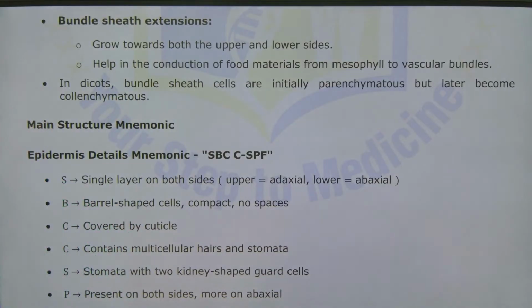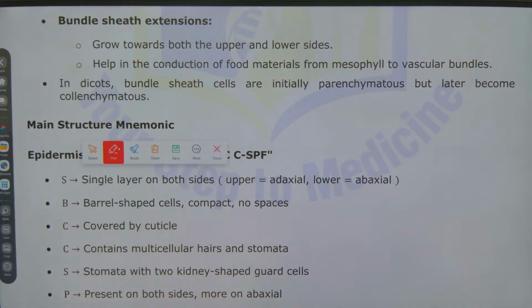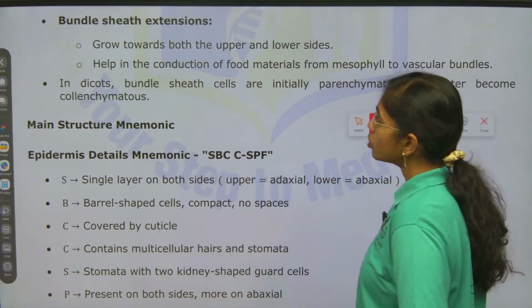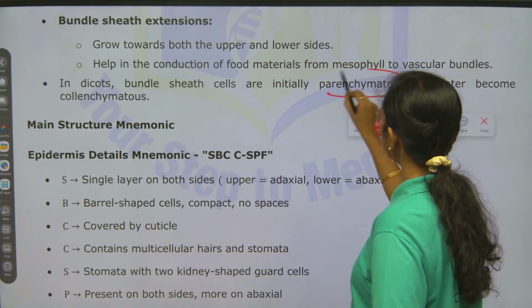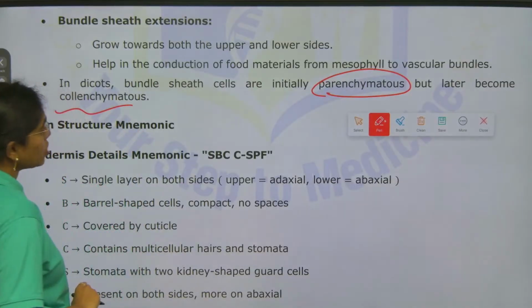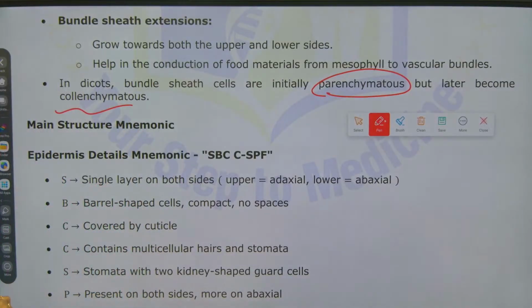They will grow towards the upper and lower sides. They help in the conduction of food materials from the mesophyll to the vascular bundles. So, in dicots, bundle sheath cells are initially parenchymatous and they will later turn into what? Collenchyma. The main structure mnemonic is SBCCSPF,